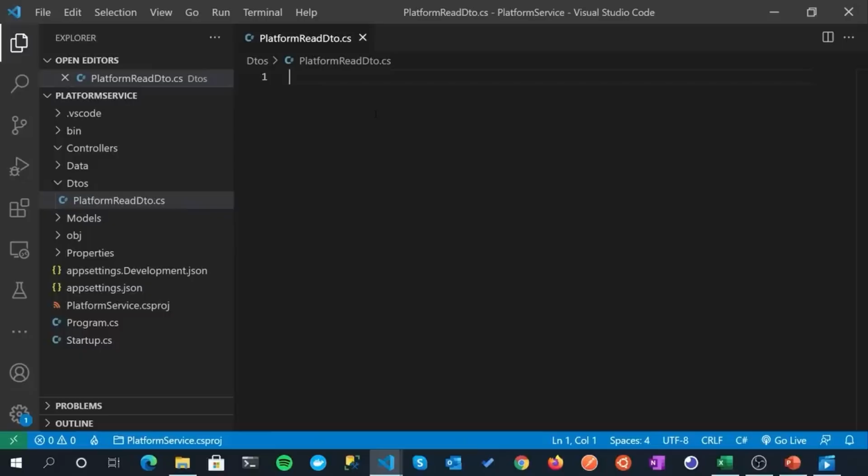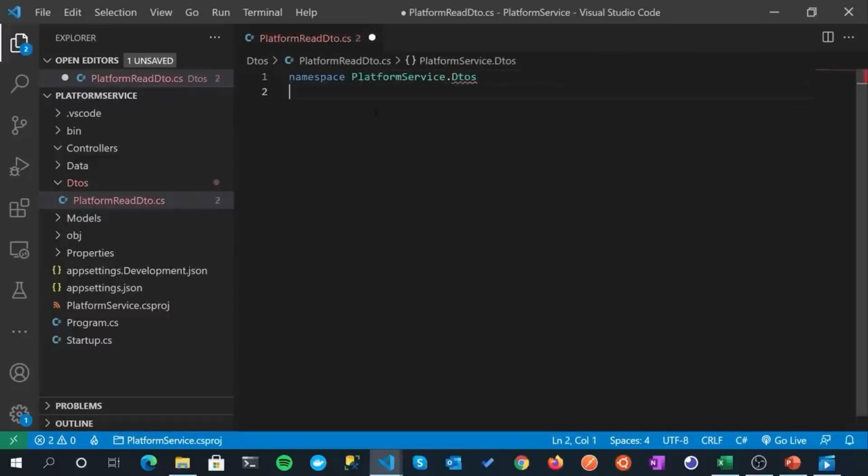The other scenario is going to be when somebody wants to create a platform using our service. We're going to provide a view of the data that we expect to be given in that scenario. And it's going to be very slightly different, okay? And that's where the real power of DTOs comes in. Anyway, let's get on with this one first. So namespace PlatformService.DTOs, and it's just a public class called PlatformReadDTO. It's a very, very simple class. And I'm just double checking I'm spelling platform correctly.